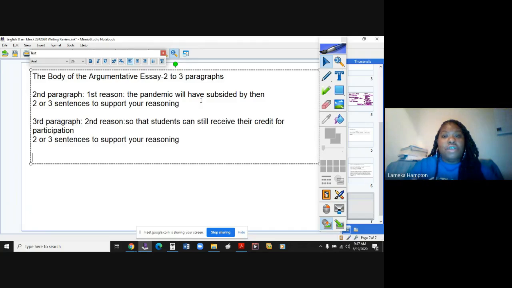If we could write it all in first person, a lot of people would pass the English, the RLA, on the first try, because they are comfortable. When we're comfortable with our opinions, we can write easily, no problem. But this is going to take a little bit of critical thinking. This is going to take us thinking outside of the box and outside of ourselves, so that we can understand different points of view. Does that make sense?